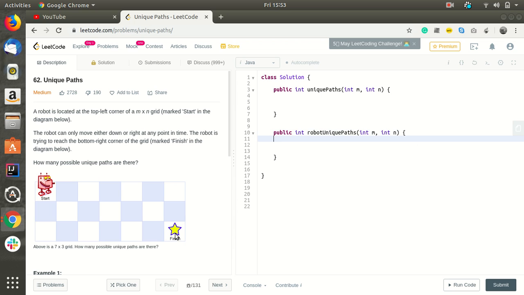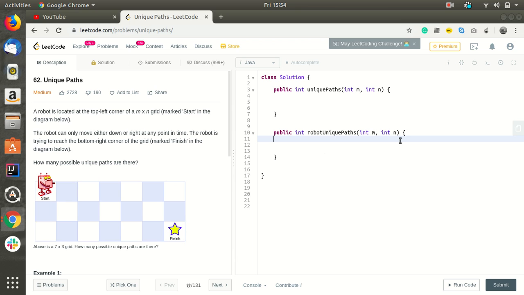Initially we will be given the finish index, which is m and n. In an array-based solution we will have the index from the 0 0 location, but over here we are thinking of the start location as 1 1. So whenever we call this function we will be calling it with m minus 1 and n minus 1.